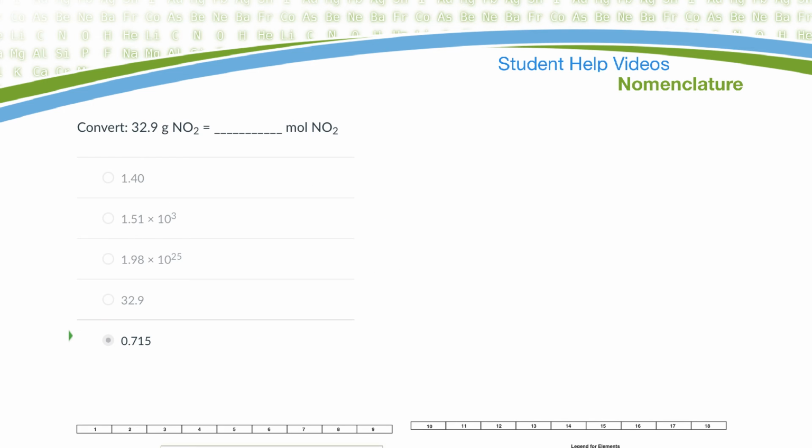Okay, here's one last one. Again, let me write my formula down. I'm converting from grams to moles. So moles is equal to mass over molar mass. I'm looking for moles. I know mass and molar mass, so the formula is set up perfect. Mass is 32.9 grams divided by,